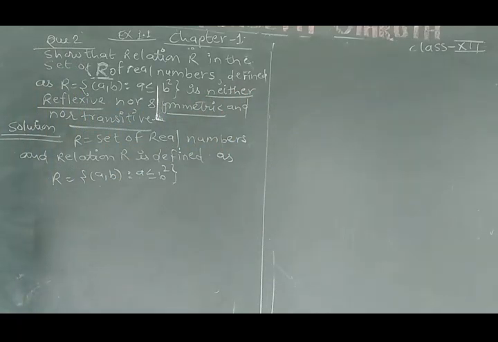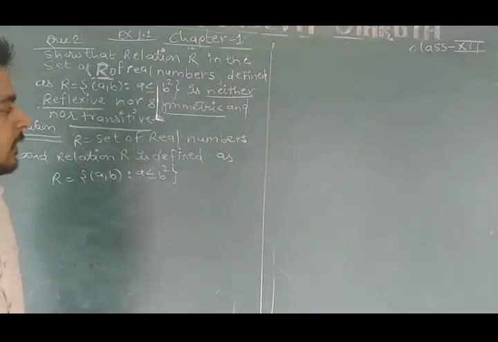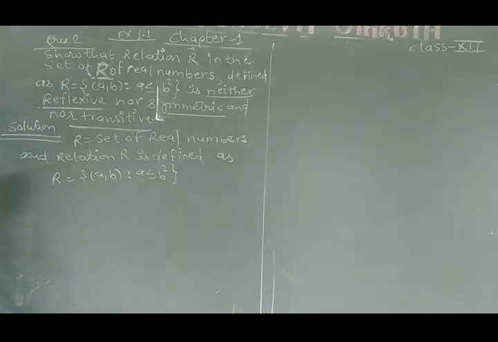According to the question, to prove that it is not reflexive, you can use any method. The given relation is not reflexive. To prove it is not symmetric, we can take any ordered pair, and from that ordered pair we can prove that it is not a reflexive, symmetric and transitive relation.